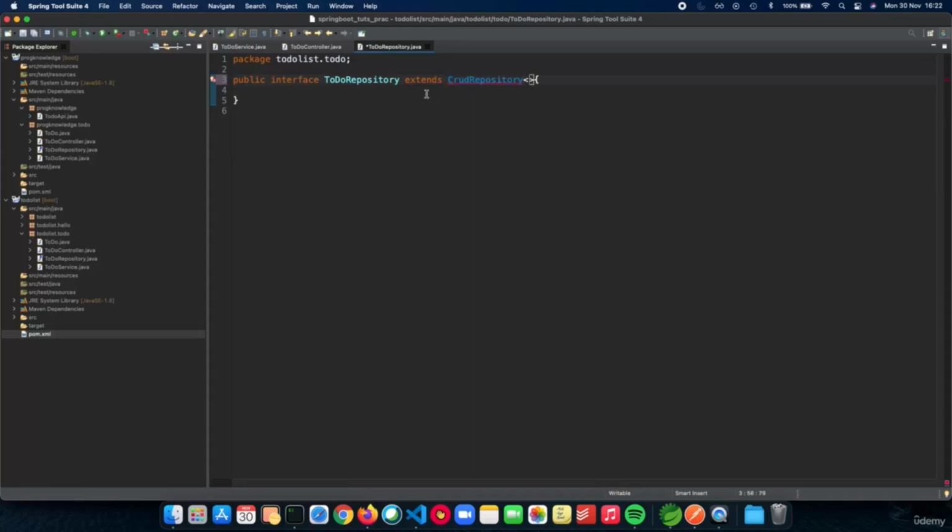And let me just import it. And this will need two things in the implementation. The first will be what kind of repository are we wanting here. So it's a to-do repository. So we need the to-do class for it to map